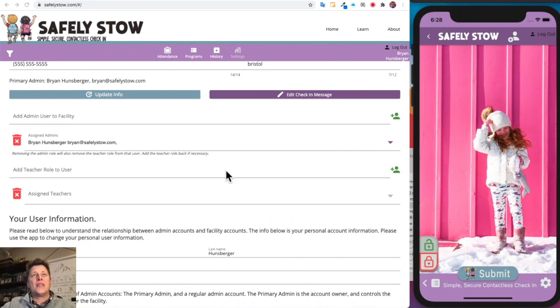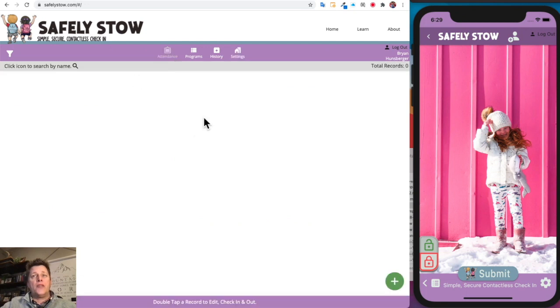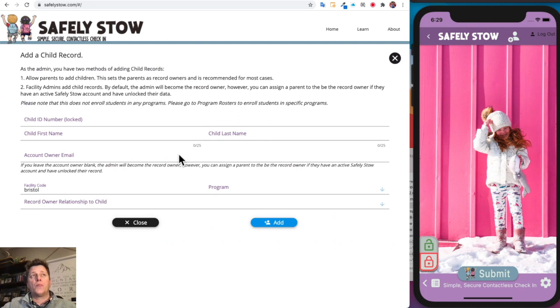So I think the next best thing to discuss before we add programs or do any more facility setup is just to talk about the philosophy behind adding child records. If you click on this attendance tab, it'll take you to the attendance page. And on the lower right hand side, there's a blue plus or a green plus icon. If you click on this plus icon, it'll take you to a screen that will allow you as the administrator